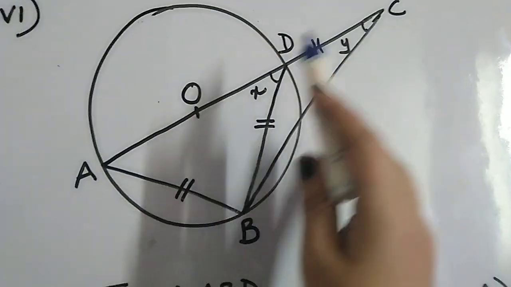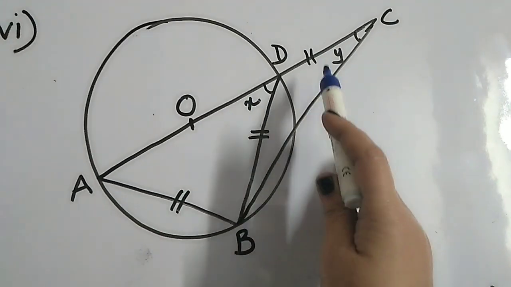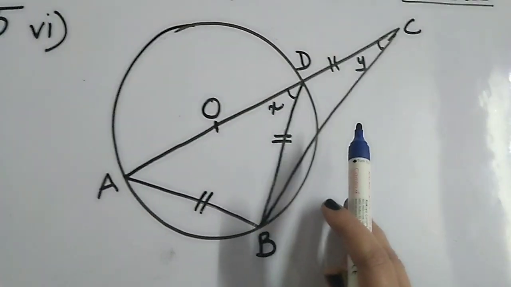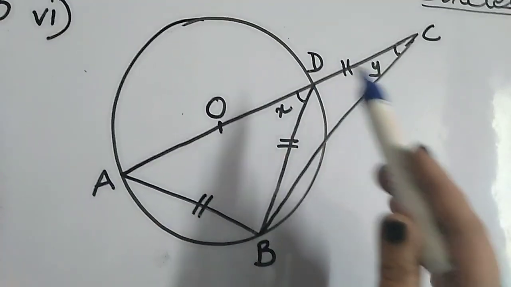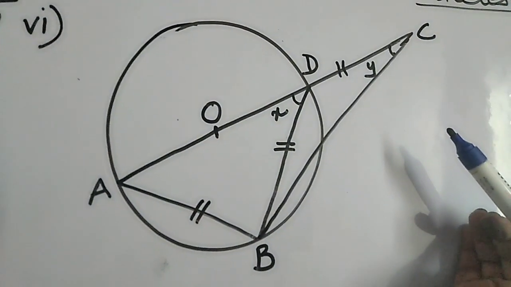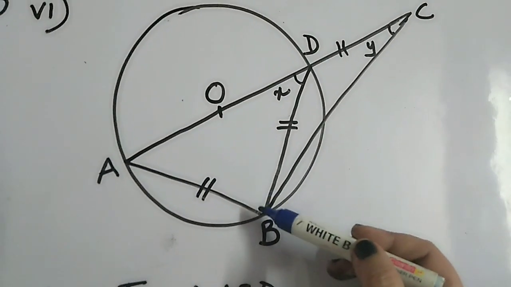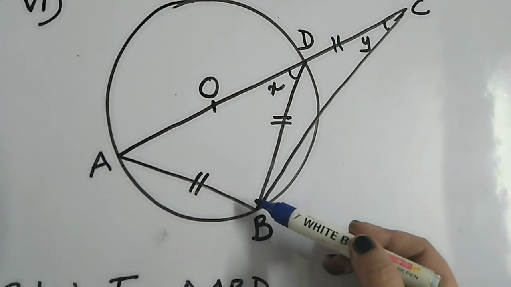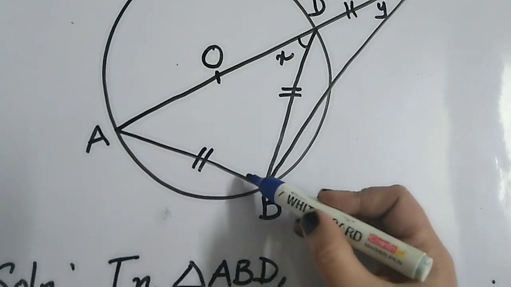A, B, C and D. O is the only thing given in the figure. We have to find x and y. Now, what can you say about this AOD? AOD is the diameter. And what have we learned about diameter, which angle does it subtend at the circumference? 90 degree. So angle ABD will become equal to 90 degree. I hope this is clear.